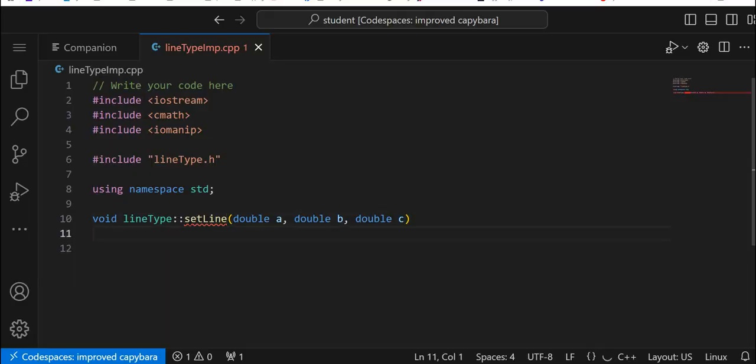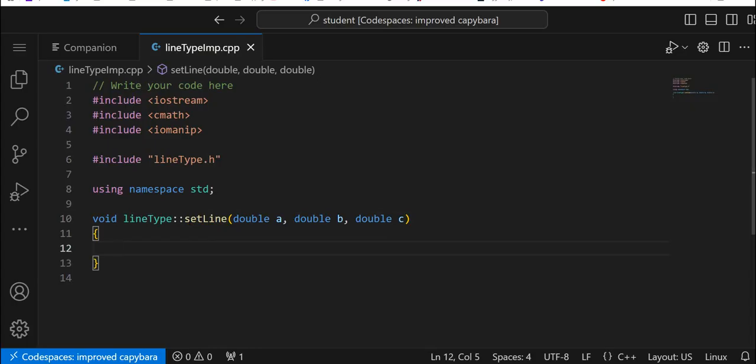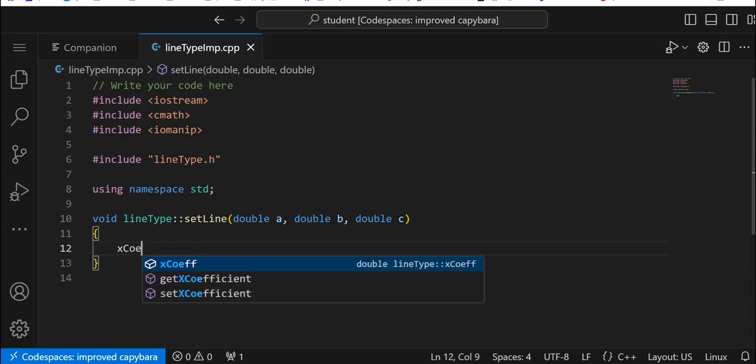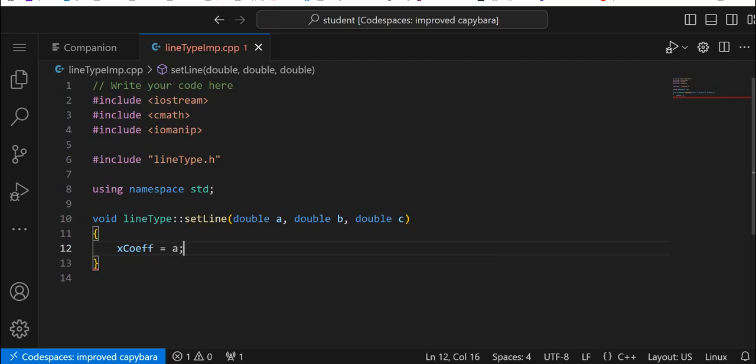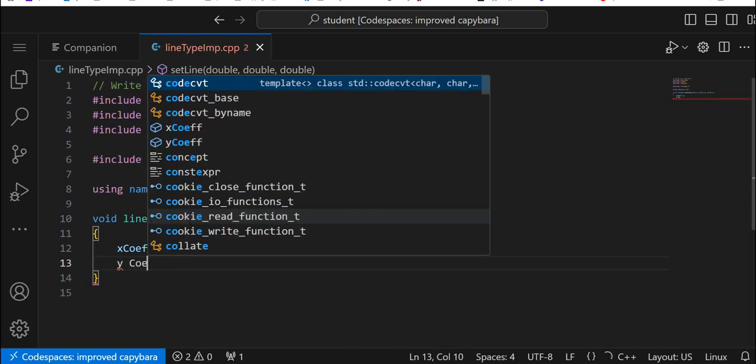And let's do brackets for that. So X coefficient, or COEF, is going to equal A, and Y coefficient